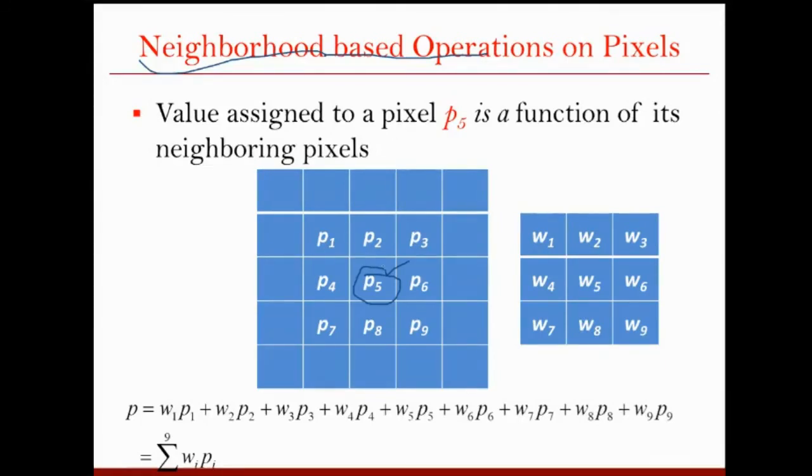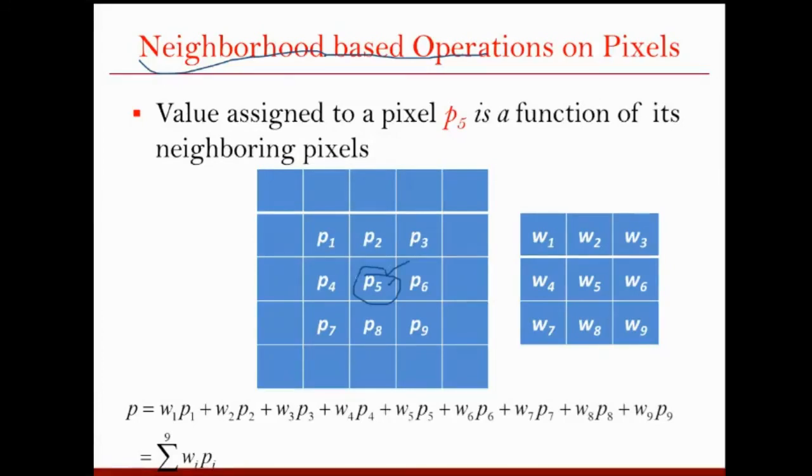So in this case, let's say you want to operate on P5. Then, to get the new value of P5 after performing this operation, we want to take the information from all the surrounding pixels. Normally, whenever we accumulate the information from the surrounding pixels, we add the values of the pixels. Sometimes you may subtract also, but in the simple case, we are just adding the values of all these neighboring pixels to get a new value.